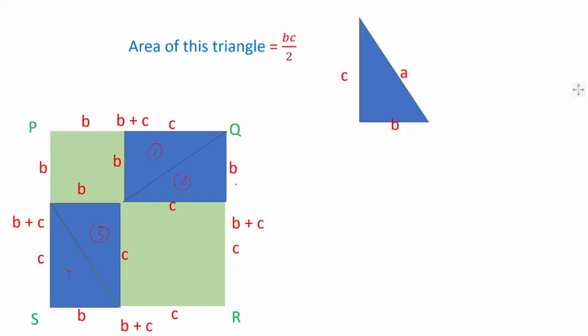Here also I am thinking about calculating the area of this particular square, which is equal to the previous one, because its side is also b plus c, so same square. Here the area of the square is equal to side square, which is equal to b plus c whole square. Okay, the other way is